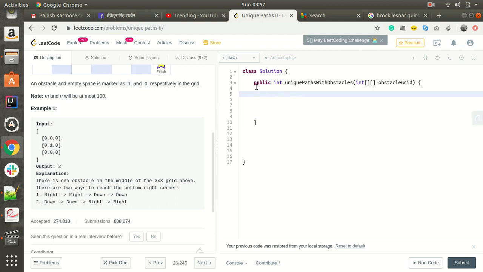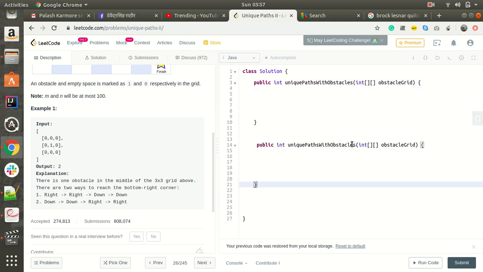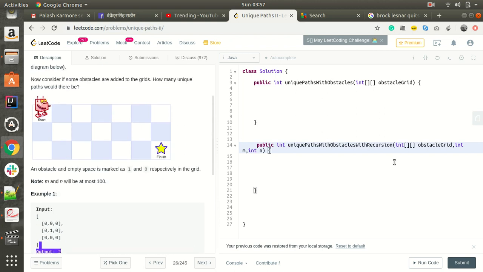So what we can do is create another function with recursion. We are just naming it, int m, int n. Initially m and n are equal to 0, so we'll give 0 0 to these two values m and n.